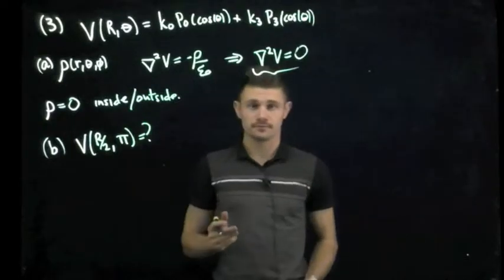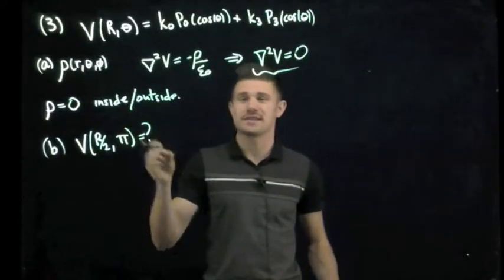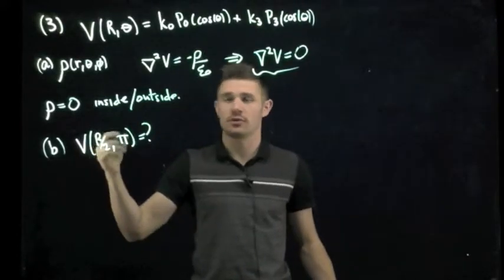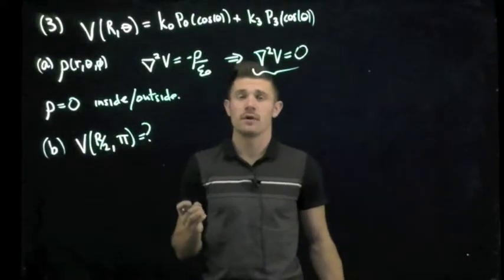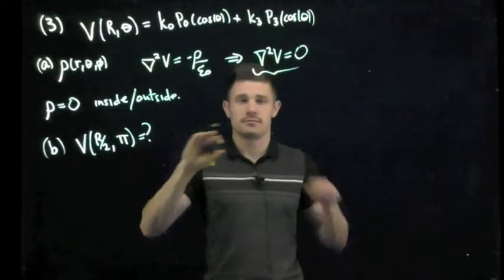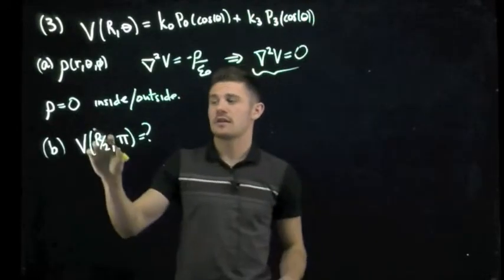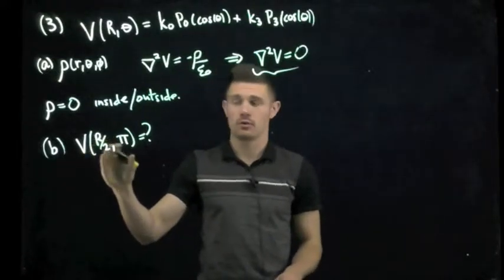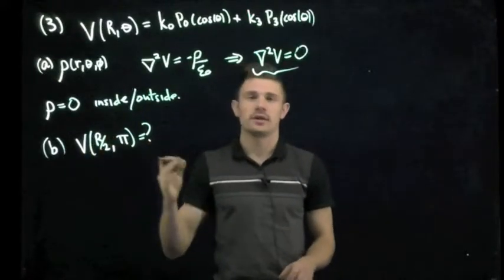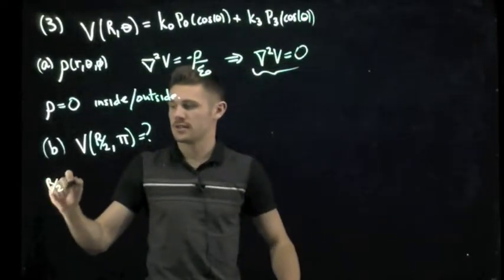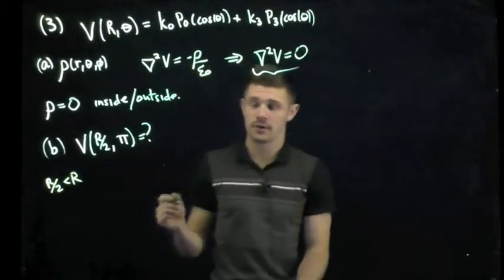So right away we can see that this is inside of the sphere because the radius of the point at which we're evaluating is R over 2, which means that it's at a position that's inside of that spherical surface. Anything that has r greater than capital R will mean that we're outside of the sphere, but because R over 2 is less than R, we are inside the sphere,